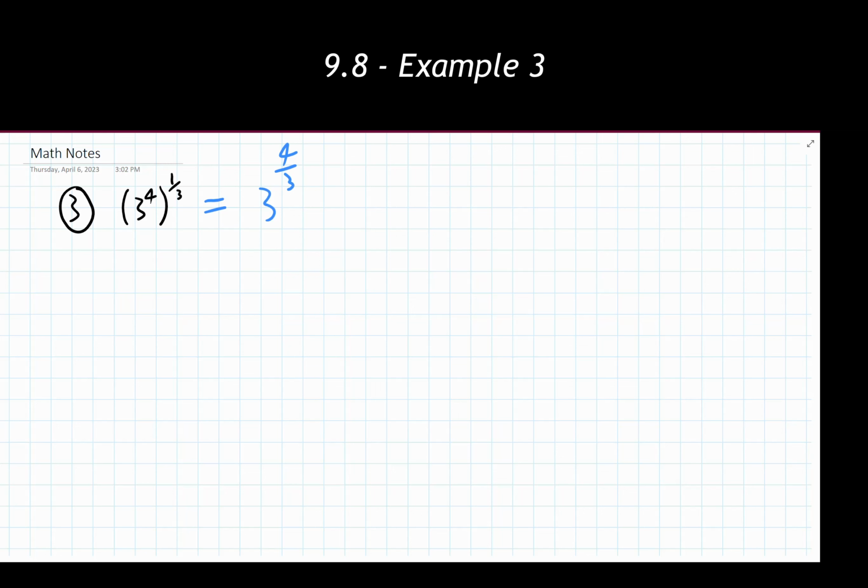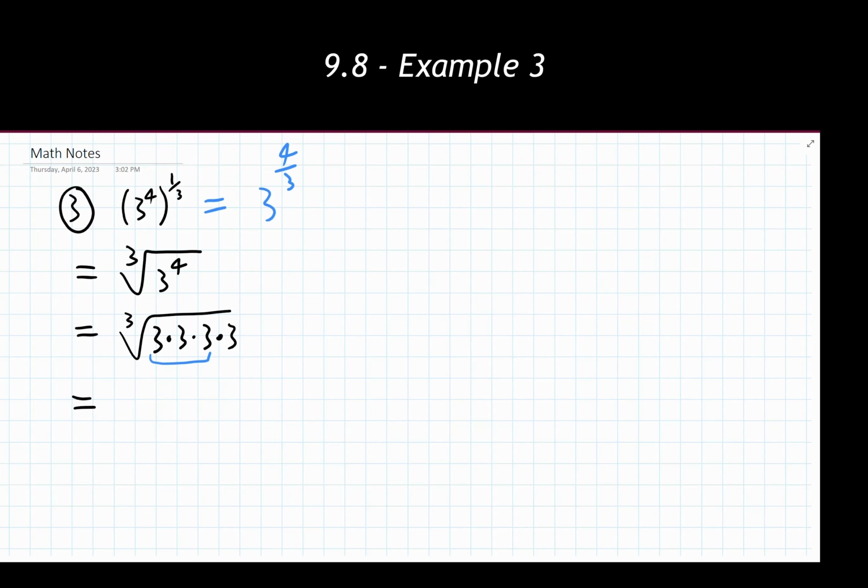It's at this point in time that now we can determine how we do or don't want to rewrite this thing. Now, I'm going to stay with the form that we were given originally, but I'm going to rewrite it into actually showing the radical. So when I do that rewrite, I get the cube root of 3 to the 4th power. Now from here, I have an index of 3, meaning I'm looking for a perfect 3 to the 3rd power showing up in this radicand. I do actually have that, as 3 to the 4th power is the same as saying 3 times 3 times 3 times 3. Right here I have a perfect cube.